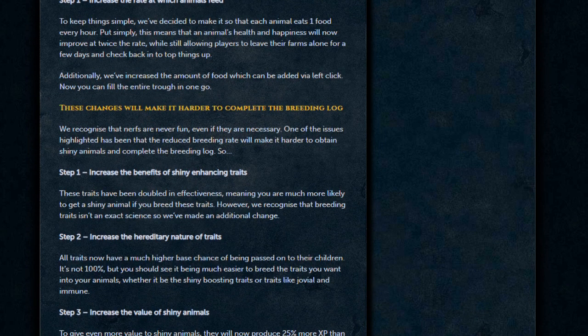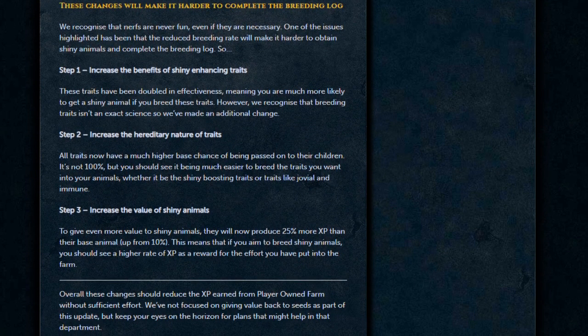I literally just put animals in there for XP, and I'm probably going to still do that. They've also increased the value of shiny animals, so they'll get an extra 25% XP compared to their base animal rather than an extra 10% XP. So if you train with shiny animals, you'll get a nice rate of XP, but I can't imagine this is going to be a particularly efficient way of doing it. So yeah, they say overall that this is going to reduce the XP that you get from player-owned farms